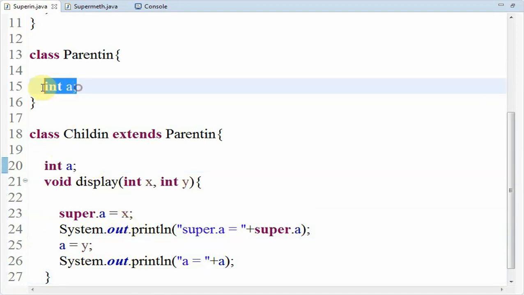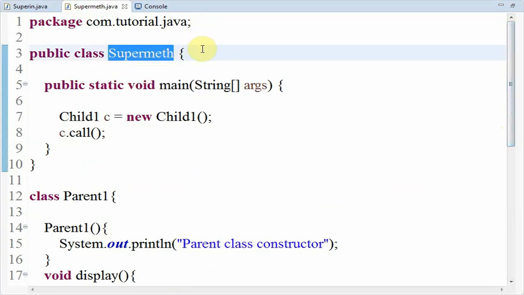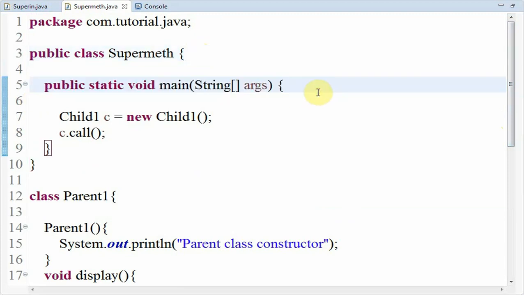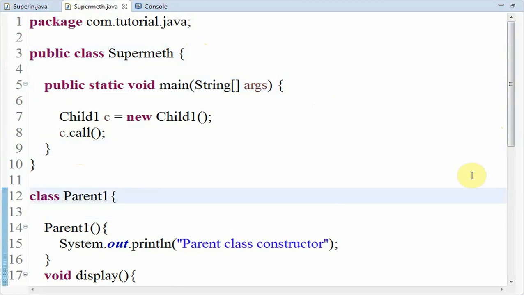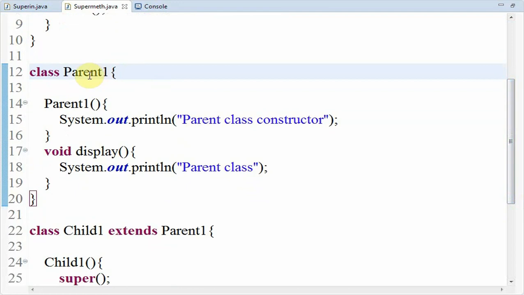So this is one purpose, and I am going to explain two more purposes. So here you can see I have written a super method class, as well as public static void main again. And here let's get back to the 12th line. Here you can see I have created one more class using the name parent1.